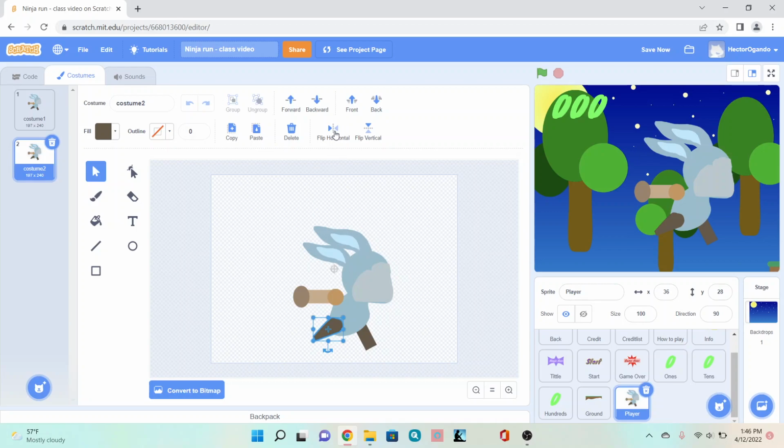I'm just going to go ahead and flip this. One here. And the other one is a little bit more straight. More over here. And then the last one that's here,